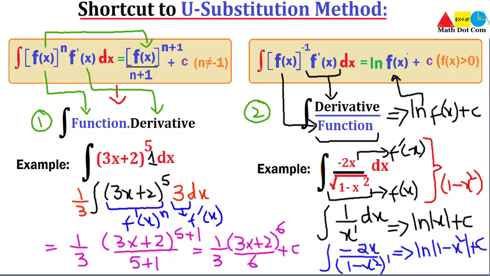So have you got the idea that we have to use these two formulas in two situations? First, when you have a function and its derivative multiplying it, and the power of the function could be anything other than -1. In the second case, you should have a function in the denominator and its derivative in the numerator, but with one restriction, that the power of that function should be 1 in the denominator, and when you move it to the numerator, it becomes -1. So these are the restrictions to this shortcut, but this is the easiest and quickest way.